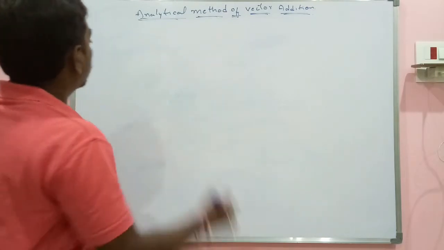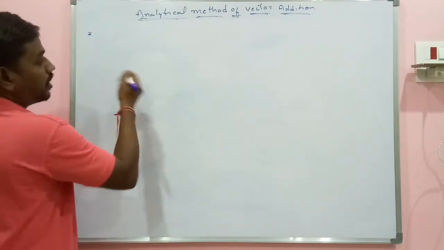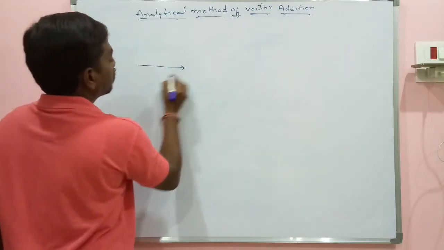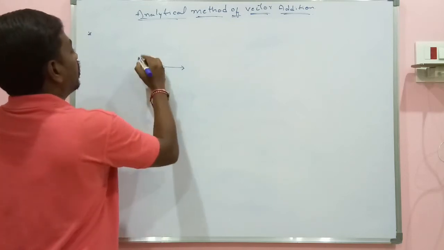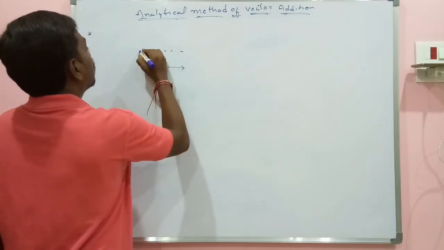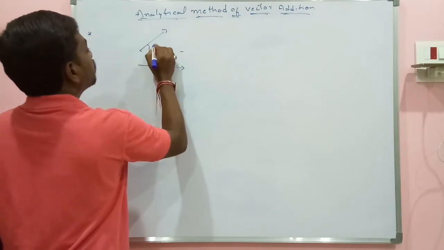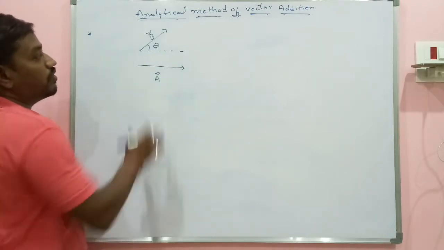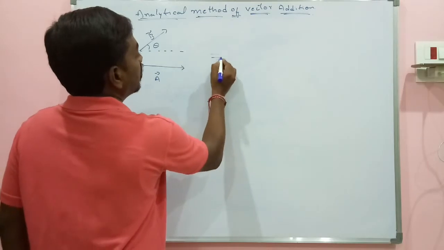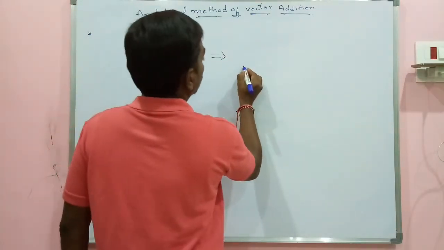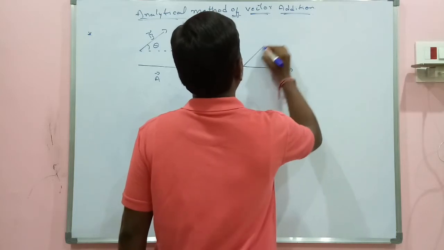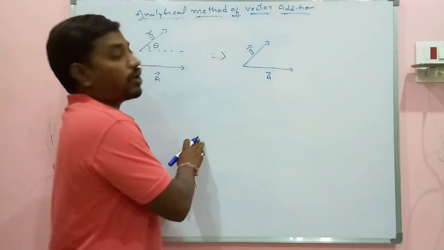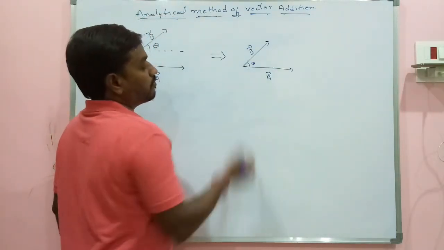So already I told you earlier what is parallelogram law of vector addition. Let me again give you a brief idea about it. Suppose you have vector A and I have another vector B which is making angle theta with your horizontal. So these two are to be added. Now in order to add these two vectors, I will be constructing a parallelogram, taking vector A as it is and vector B as it is. So this is vector A and vector B. They both are having an angle theta between them.